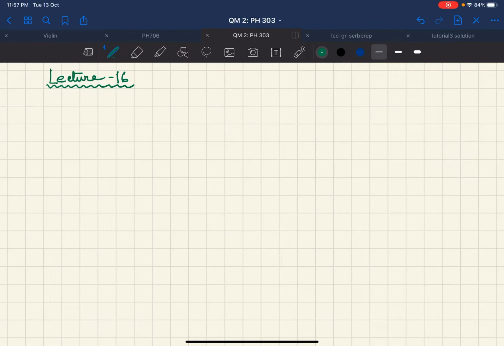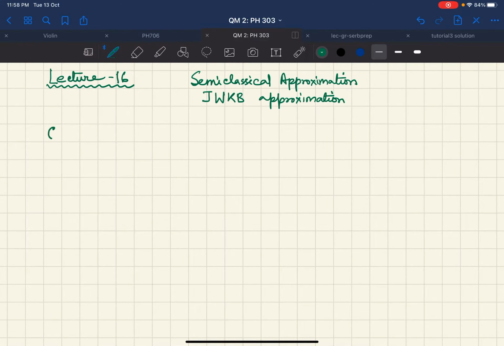So let us continue our discussion on semi-classical approximation, in which we were focusing on the WKB approach, or to be precise, the JWKB approximation. We already discussed a few things, and we basically defined something which we called the classical local momentum,